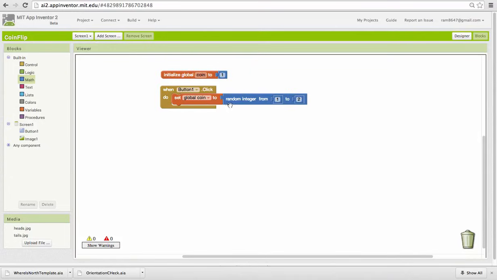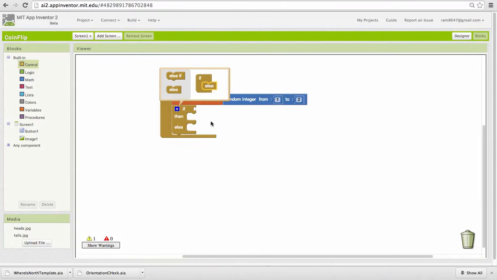Now that we've set coin to either 1 or 2, how do we then simulate in our user interface the flipping of a coin from heads to tails? Well, we're going to use our image for that. We want to set our image to either the heads picture or the tails picture. But to control all that, we need an if-then statement. Now, you probably covered if-then in a previous tutorial, but if not, the block is in the control drawer, and we can use this little editor here, mutator, to add an else clause to it